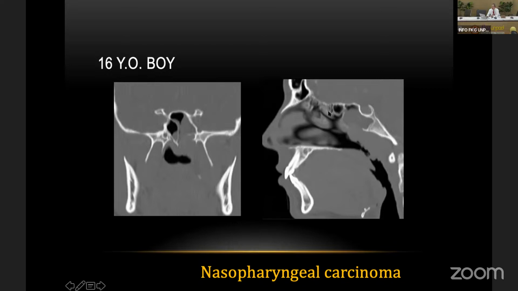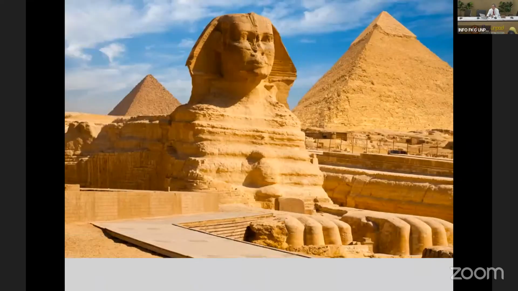It looks like infection, but with this kind of bone destruction, most likely it is a neoplastic lesion. Because he is so young, we did not really suspect this kind of malignancy. But this is one thing we really have to pay attention to: destruction of the sinus floor.